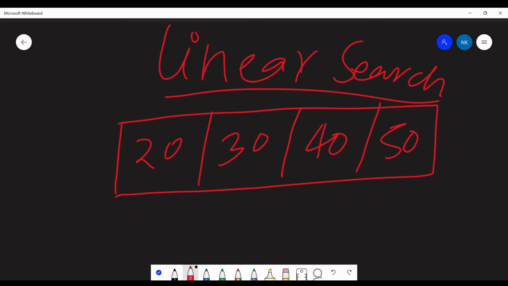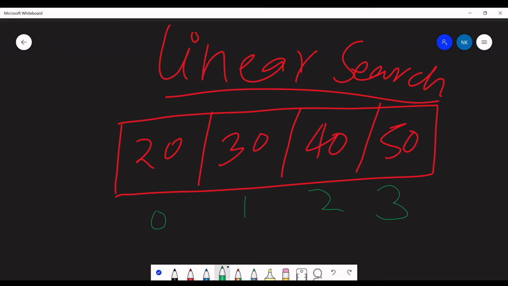I already told you the index of these values will be 0, 1, 2 and 3. An array contains continuous memory locations in the memory. So each index should have a value. If you define an array, it should have the index and it should have the value.